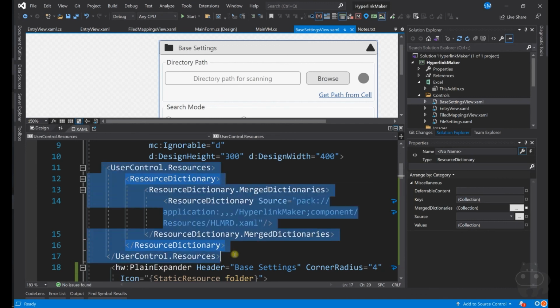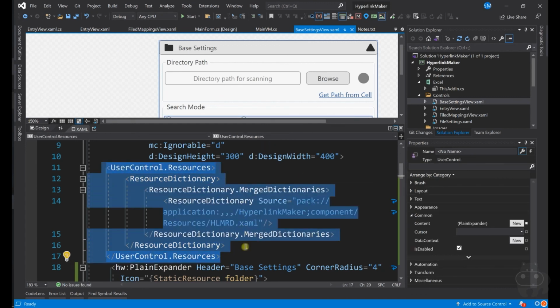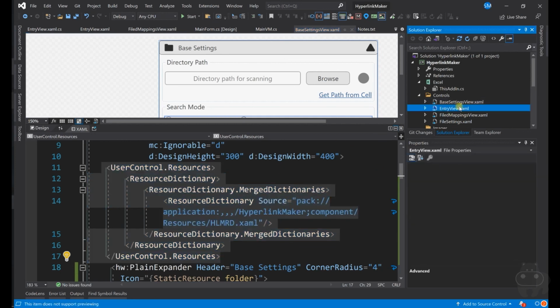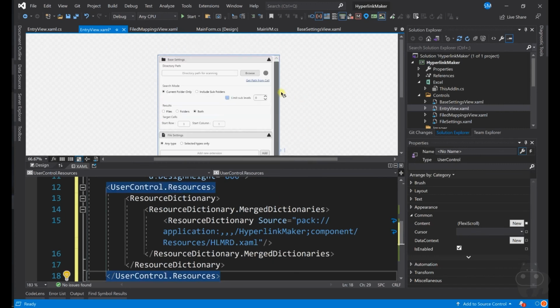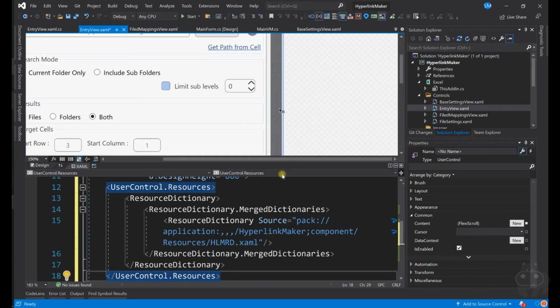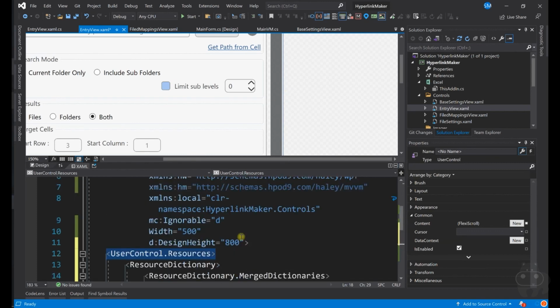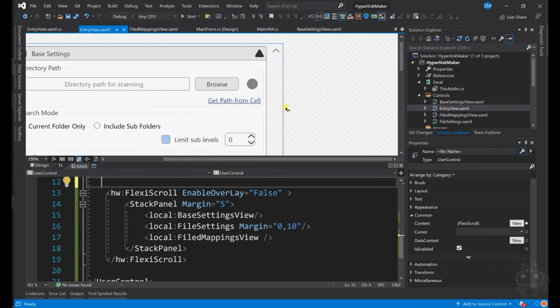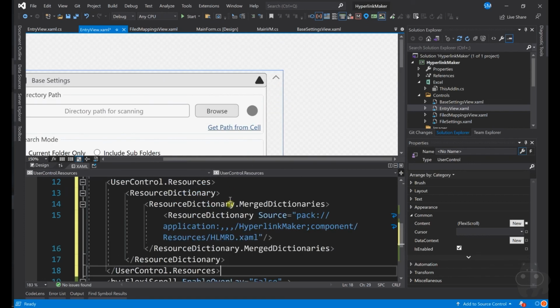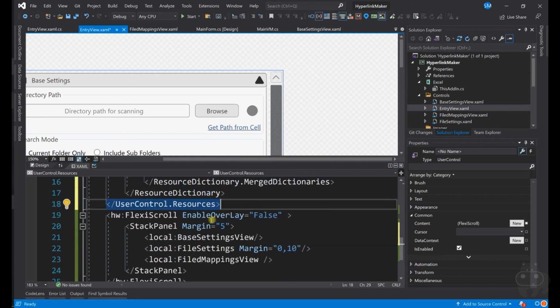First thing is the colors are not getting applied because the resource dictionary from Haley is not there. So in the entry view, first let us add this one. The moment we add it, you should be able to see this track, because the whole track color, everything is based on the resource dictionary. Without the resource dictionary, you are not going to get the colors or the borders applied. That's one of the reasons why it was not fine.